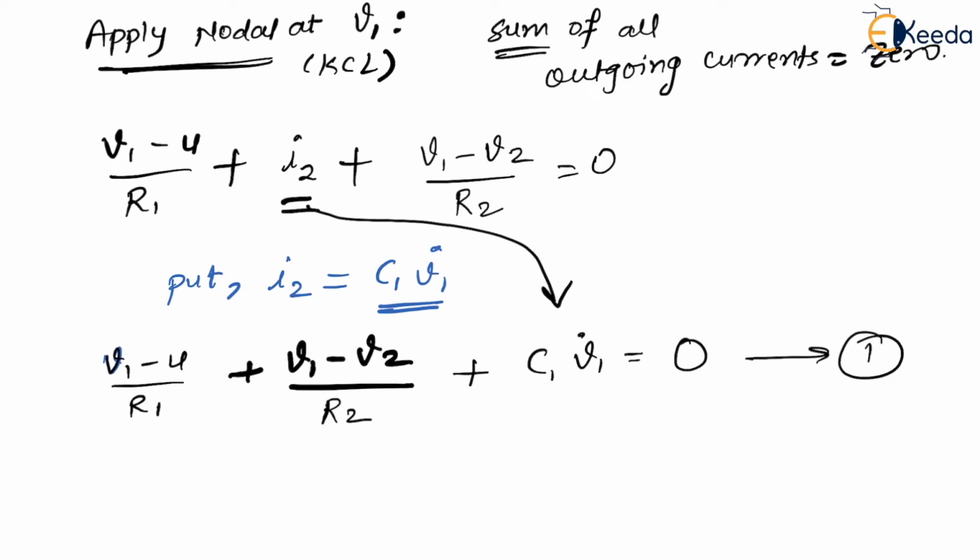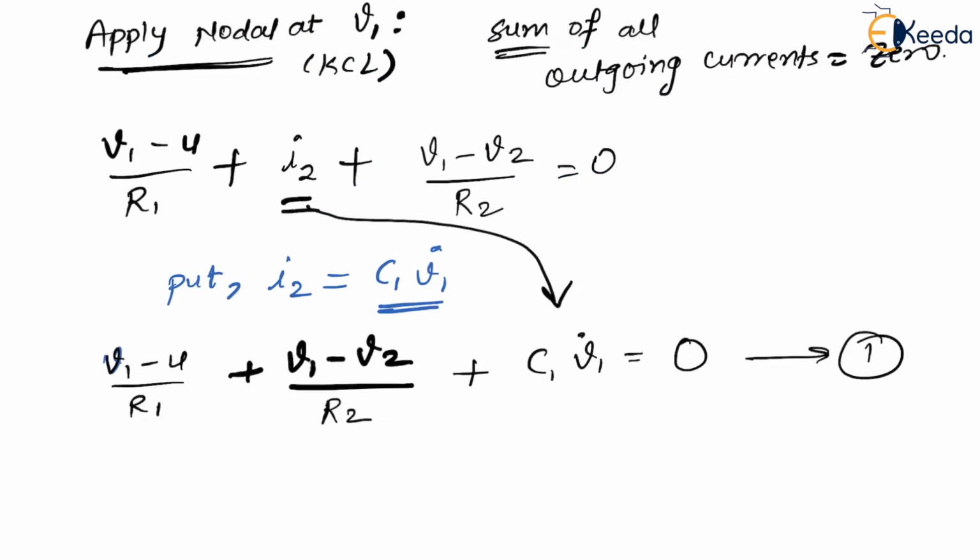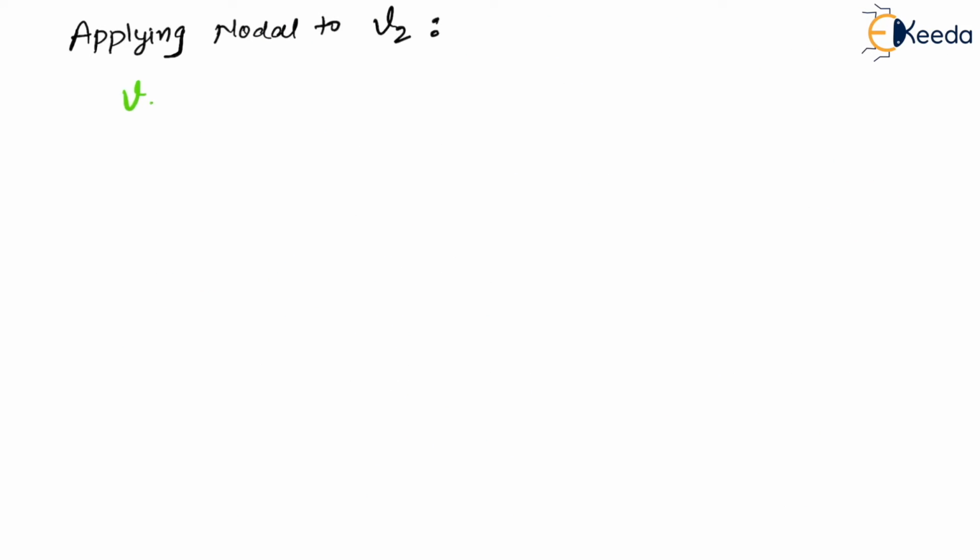Now let us apply the same analysis to node V2. If I apply the nodal analysis to V2, what do I get? If I say this is my V2, the outgoing currents are this first current and the second current. This first current is going to be V2 minus V1 divided by R2. Am I right? Plus,